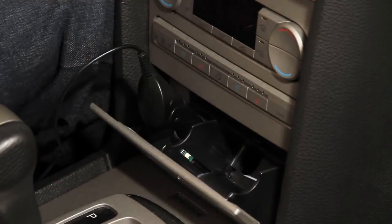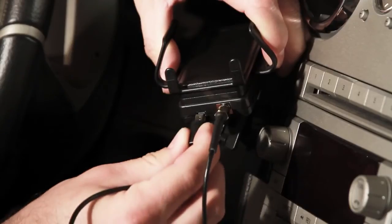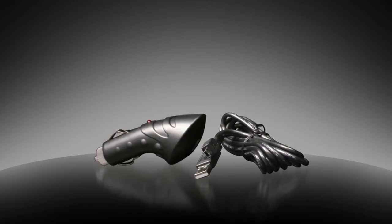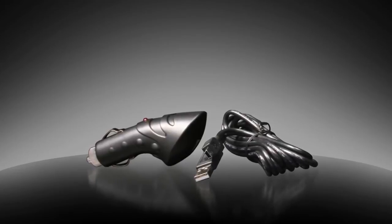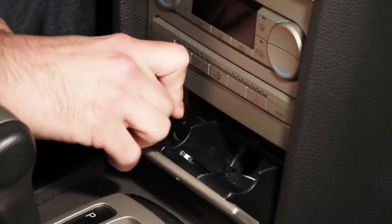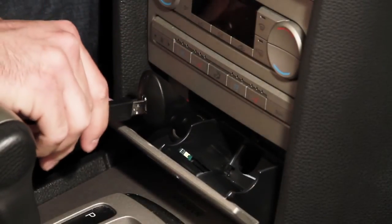Next, plug the large end of the power supply into your vehicle's cigarette lighter or power port. Run the power cord to the signal booster unit and plug it into the power port. Some units have a power supply with a female USB receptacle and a separate USB power cord. The power supply plugs into the vehicle's power jack or cigarette lighter socket. After doing so,